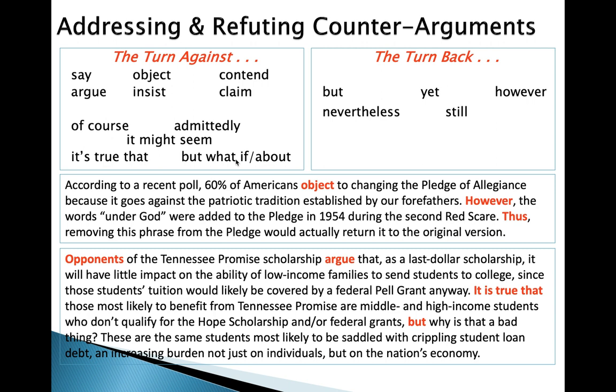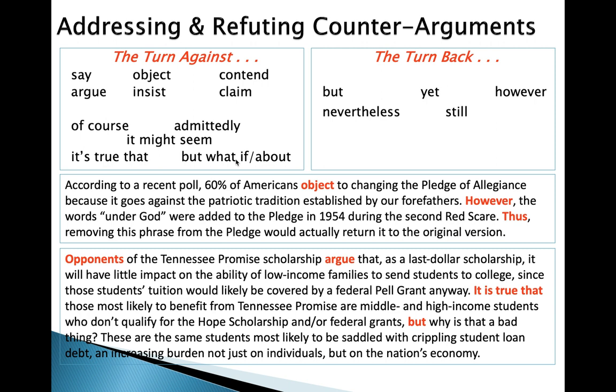Opponents of the Tennessee Promise Scholarship argue that as a last dollar scholarship, it will have little impact on the ability of low-income families to send students to college, since those students' tuition would likely be covered by a federal Pell Grant anyway. That is 100% true. That is a good point. So now I have to concede that kind of territory, that yeah, it's a good point. It's not a bad argument, but then still talk about why my point of view is still the more valid